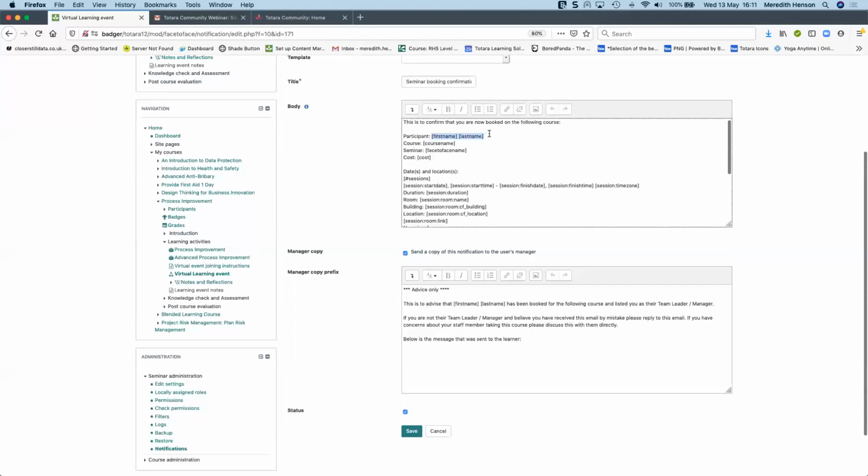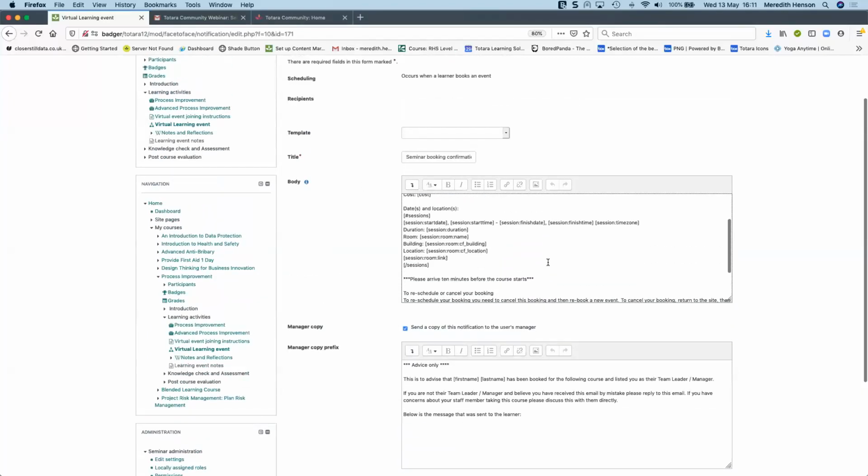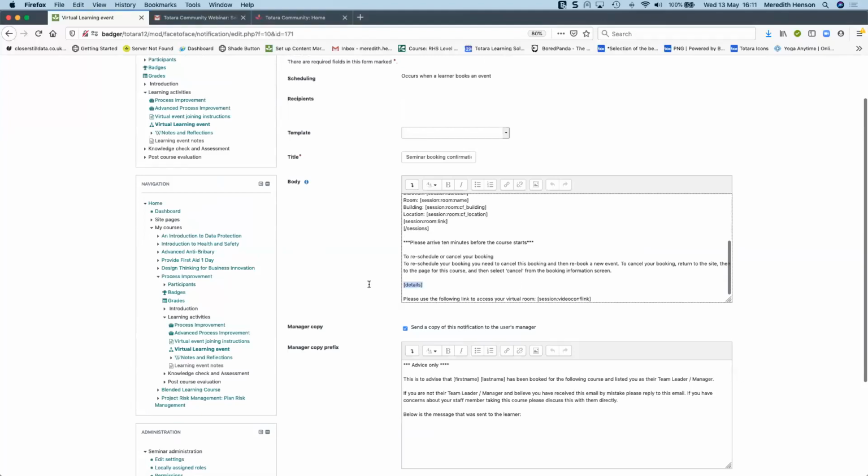So here I've just edited this. It just says, please use the following link to access your virtual room. And the format is square bracket session, colon, and then that short name that I saved before. Now, if in doubt, the contextual help here just shows you all the different placeholders that are available. And see here, scroll down a little bit more, under event custom fields was what we added here. If you ever forget that format, there it is in the contextual help,